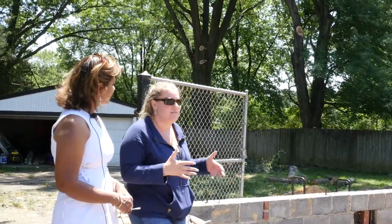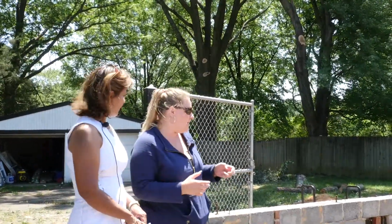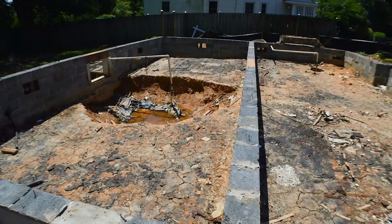So it allows us to make the house a lot bigger without having to go through the process of doing all of the excavation and whole new foundation work that a new construction would be in, like, Vienna or McLean. As well, if you can get into the hole here, you'll see that they had